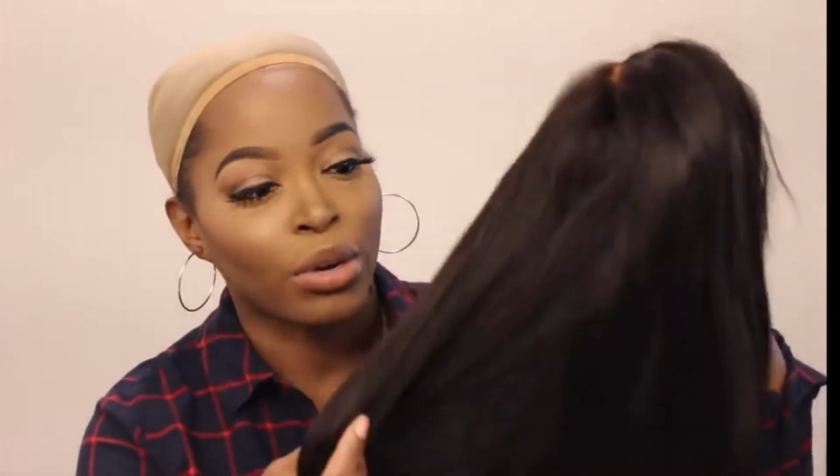I don't see any crimps in this hair. Some companies will have this really, really pronounced crimp, and then others will have this maybe medium type crimp that you might see. This one, you don't see any of the crimps. When we straighten our hair, this is how it looks. This right here is perfection. I don't know if y'all can see that, but this texture looks